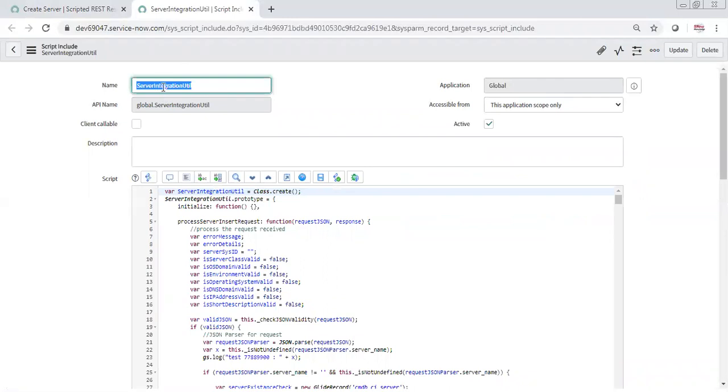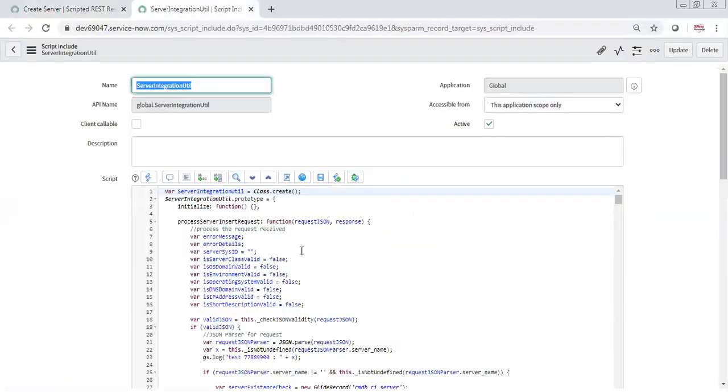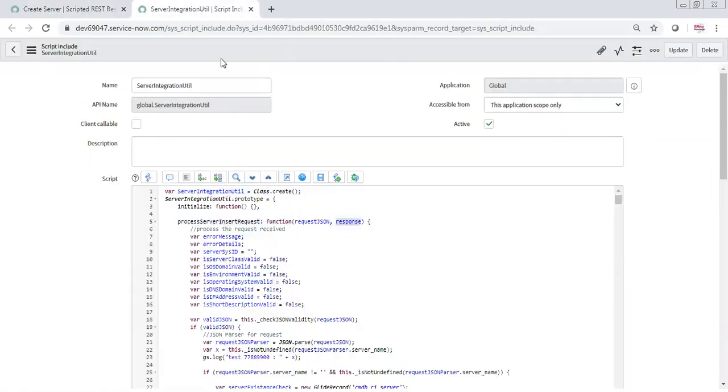now this is the same name which we are calling here, script include, and then inside that script include is the function. So this is my function, and the same variables which I pass when I am calling this function, like request JSON and response, we have them here. Now forget about this right now.